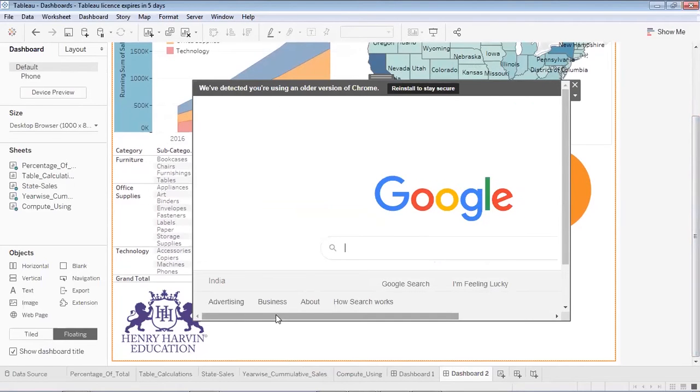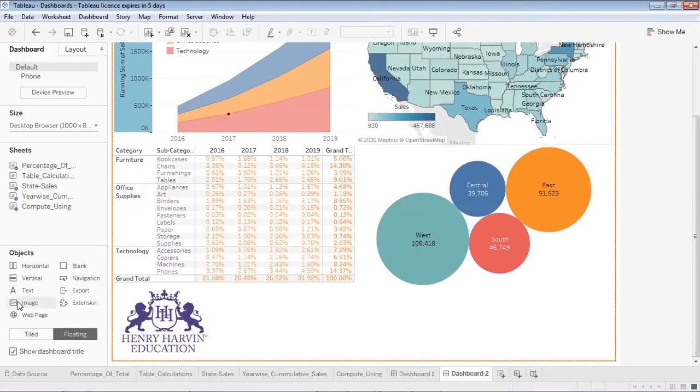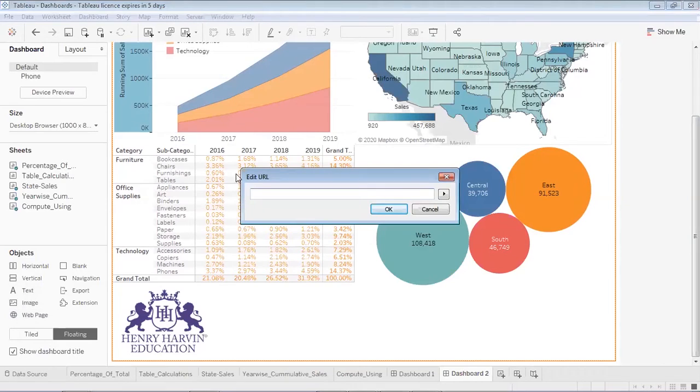So since we had selected the object web page and given it the address of Google, it is showing me the Google's homepage. So in this way, you can add the web page you want. So instead of Google, if you want to add Wikipedia, go over here, add Wikipedia. If I would like to add Henry Harvin, I can do that as well. Right now I'll be adding